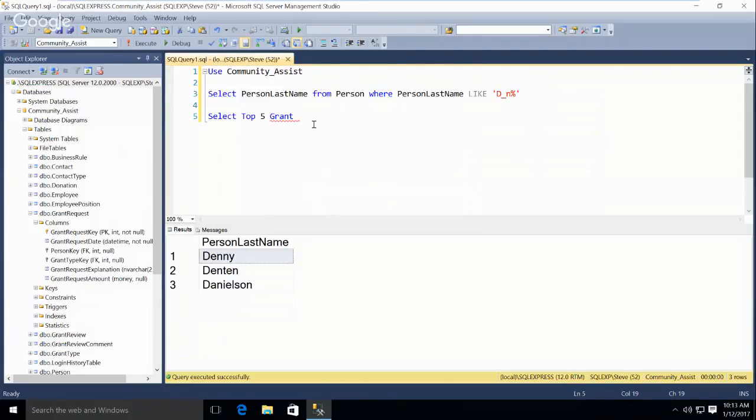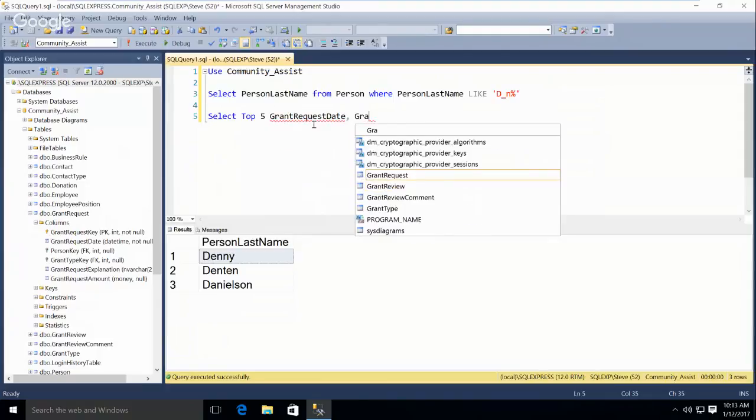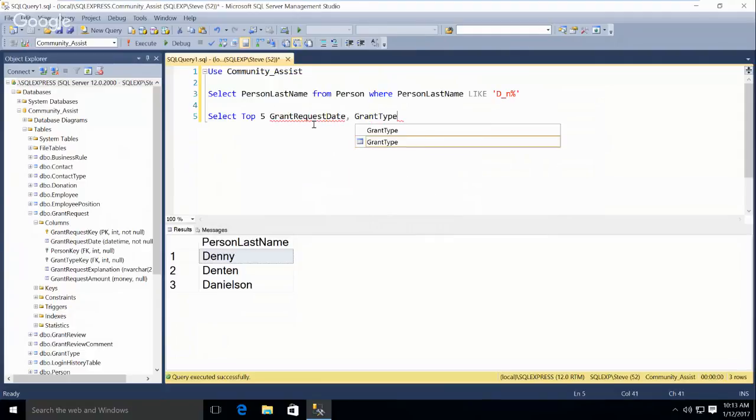Let's just do grant request date. I'm going to give it a grant type key. We'll do a join so you can get the actual thing. And then I'm going to do the grant request amount.